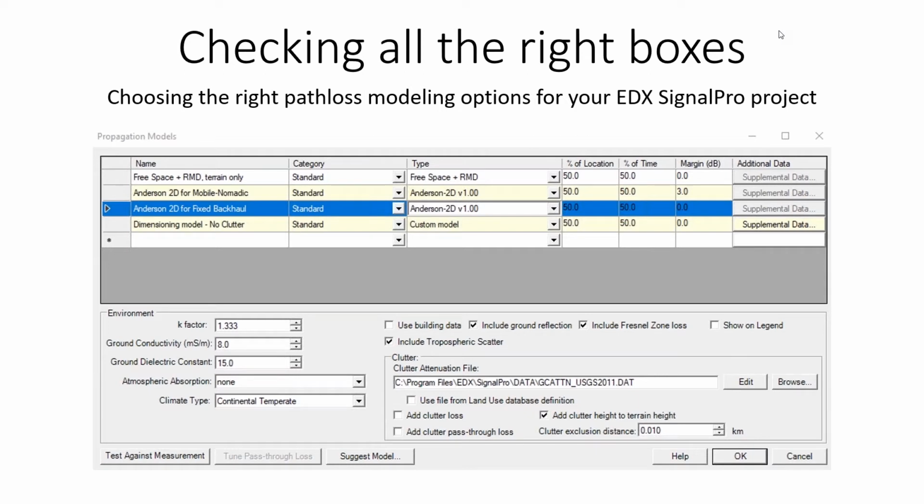I wanted to take some time today and really dig into the dialogue that we're looking at here, the propagation model dialogue, and talk in detail about some of the options that are available with SignalPro on its own and with SignalPro with some additional modules, and to really talk about how to make sure that the modeling you're doing in SignalPro